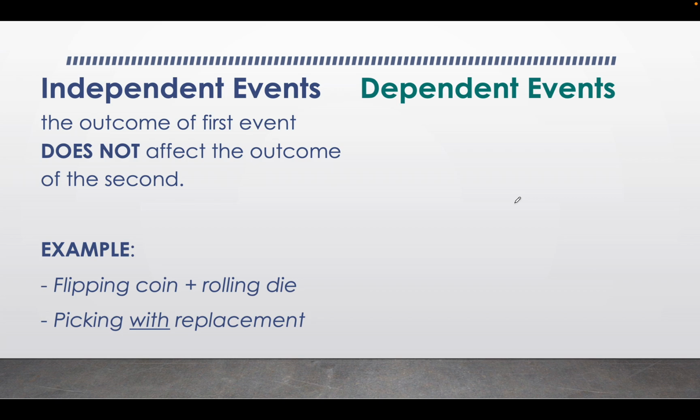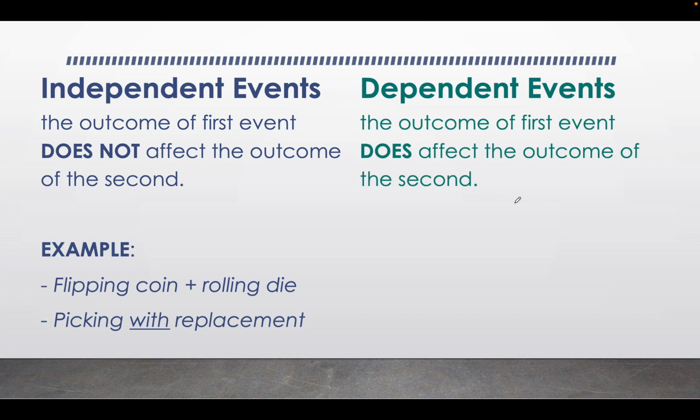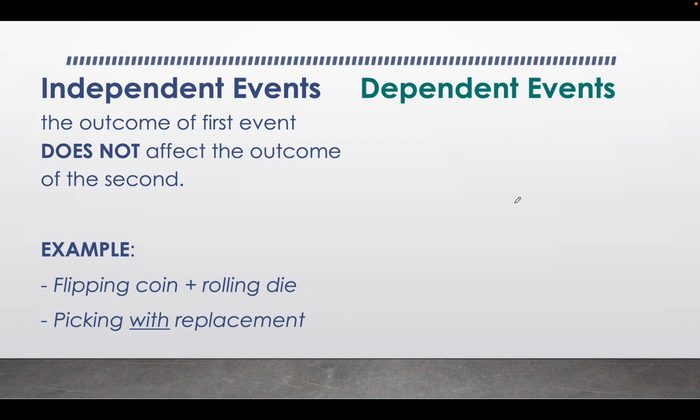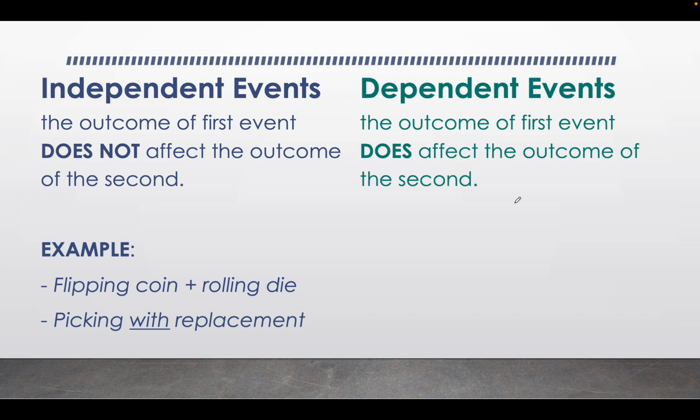second. Things like flipping a coin and then rolling a die, or even rolling multiple dice, or rolling 1 die 3 times. Just because I land on a 1 the first time doesn't mean I can't also land on a 1 the second time. The other example would be picking a card or a marble, but also replacing that and putting it back. Dependent is where the outcome of the first event will affect the outcome of the second.